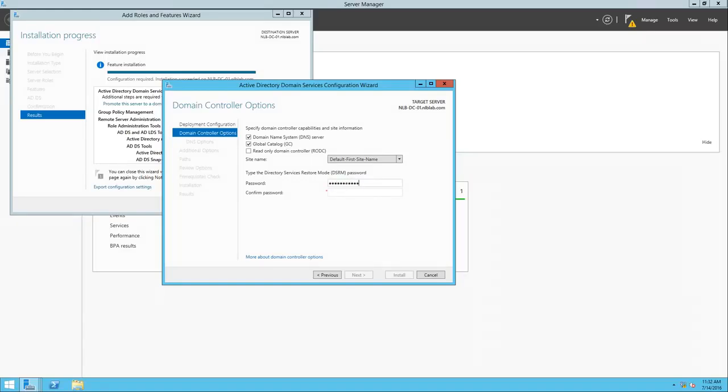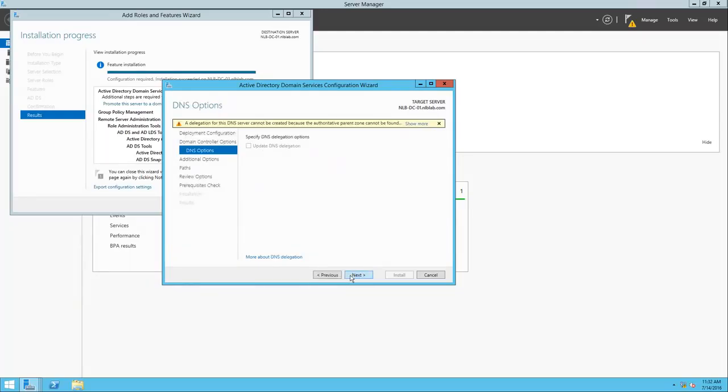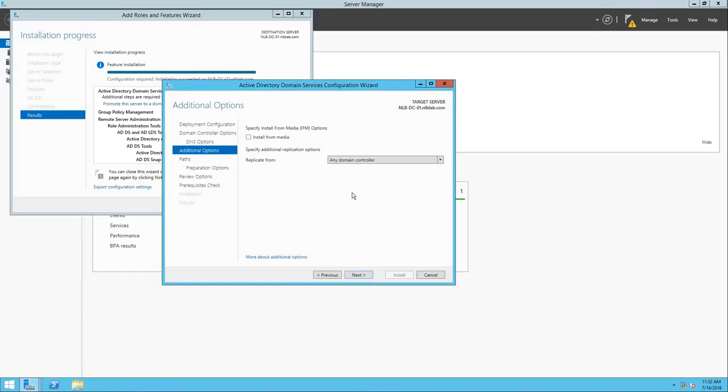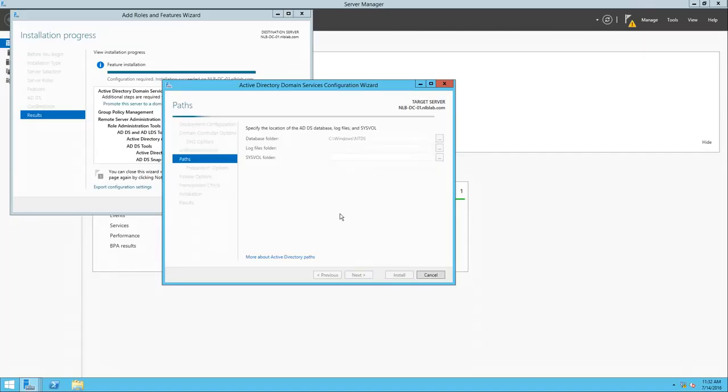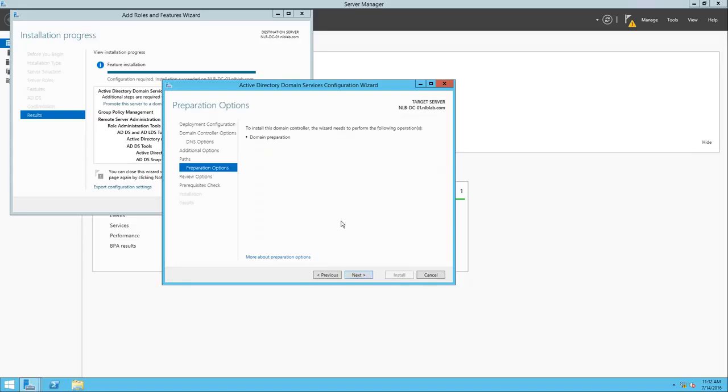So I'm going to set up a directory services restore mode password. As you know, this is really important and you need to remember this. And I'm going to leave this like this. And I'm going to leave it to replicate from any domain controller. I have only one in my domain, so it's not that bad. I'm going to leave the defaults,